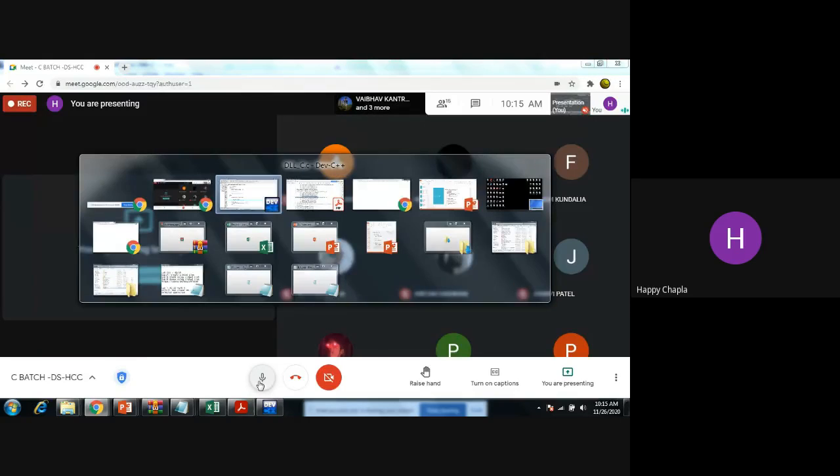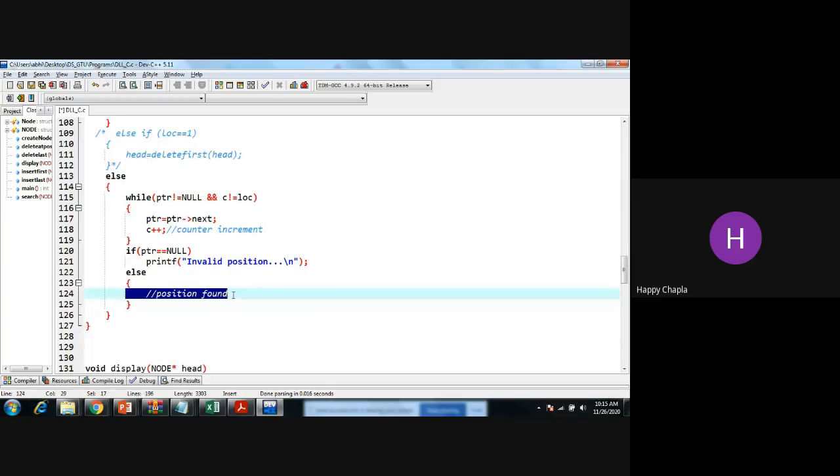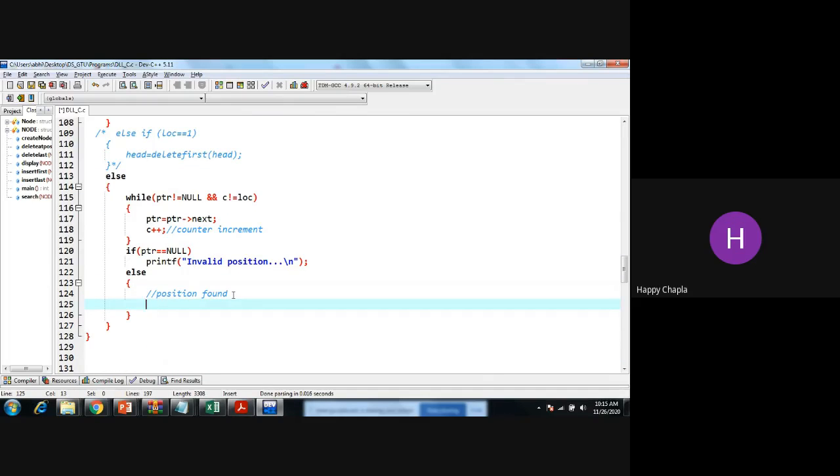Okay, so now we'll move towards the else condition. In the else, what we have to do? See, this is inside my else part. Everything is inside this else part. If your position is found over here, so what we have to do, first of all we must